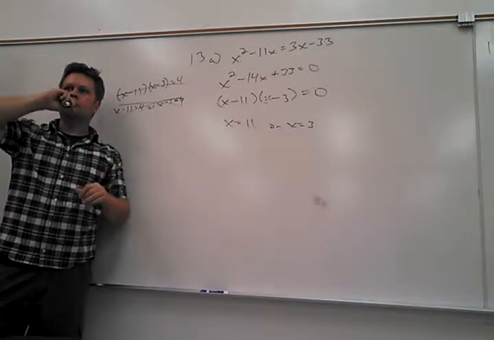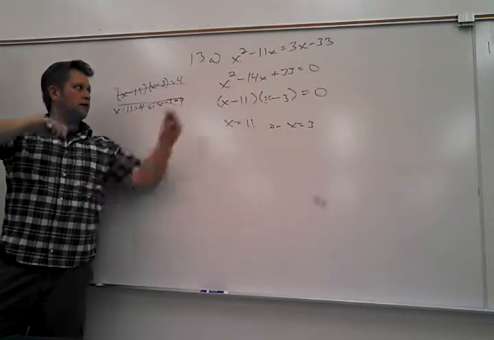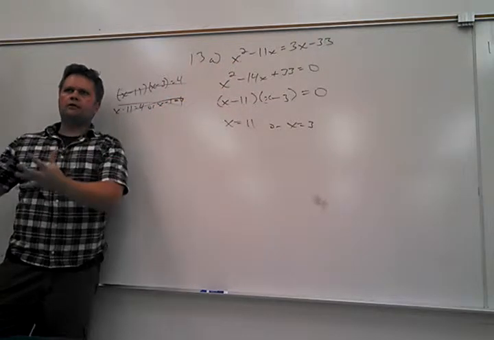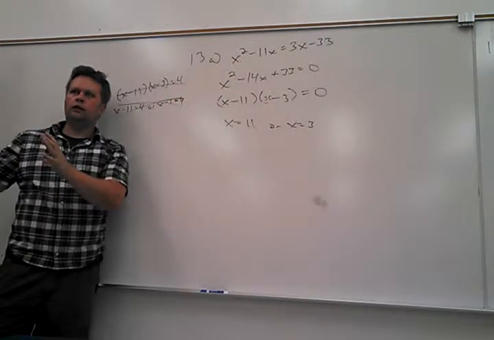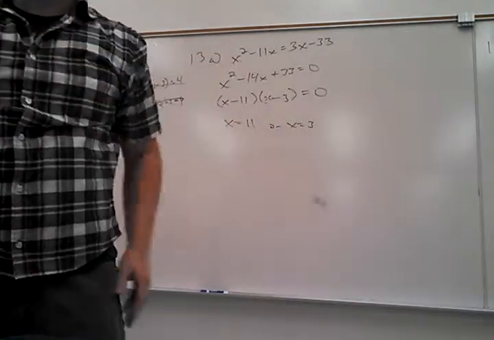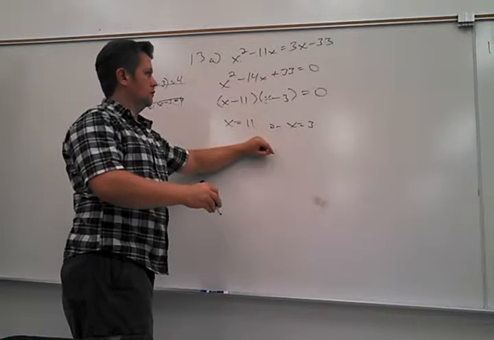Yeah. So just to recap, you have to set it to 0 when you have the x squared, because when you bring everything over, exactly, if there's a higher power on the x, you get everything on one side, make it 0, and then factor what you end up with on that side. So then your answer is just x equals 11, x equals negative 3, or what's that? I can't read that. X equals